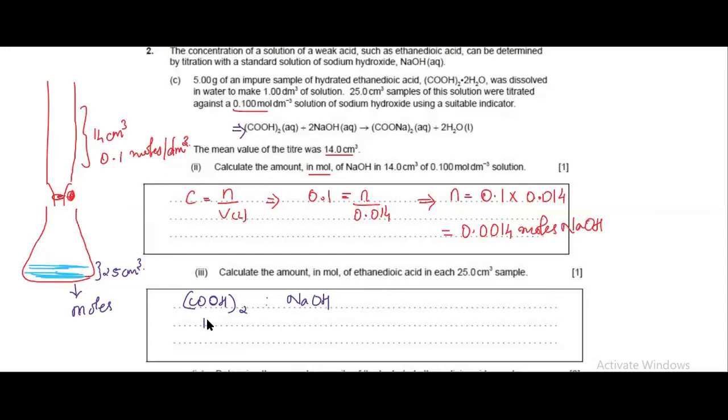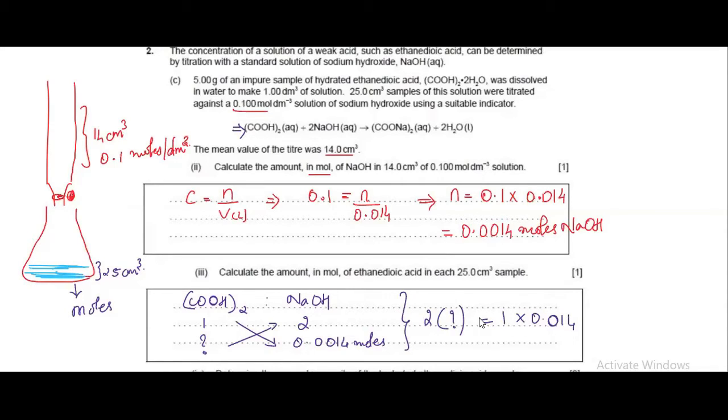1 mole of ethane dioic acid needs 2 moles of NaOH to react. This is from the balanced chemical equation. So if we have 0.0014 moles of NaOH, how much oxalic acid is used? For that, simply cross multiply. So we get 2 times the unknown is equal to 1 times